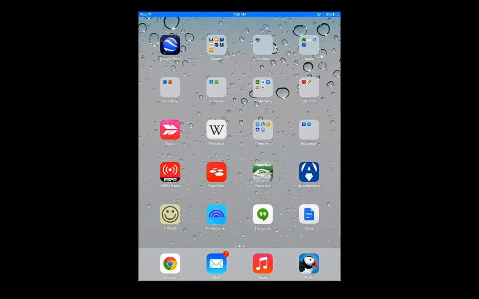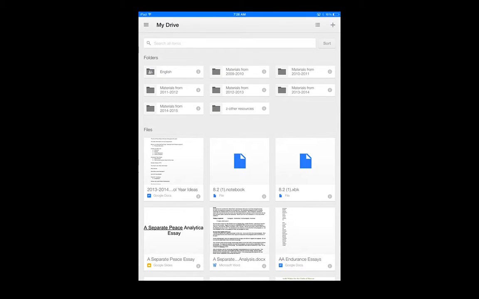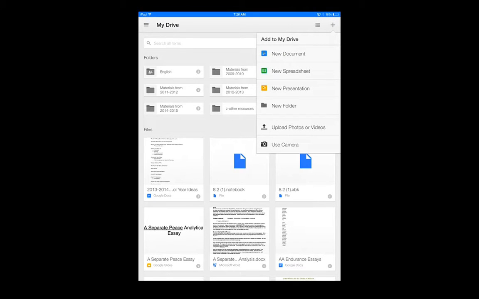Okay, so let's go first to your Google Drive app. It looks like this. And as you can see, I already have some documents and folders in my Google Drive. You might not have anything, but the process to create is exactly the same. First, we're going to go to the plus sign in the top right of the screen, and I'm going to